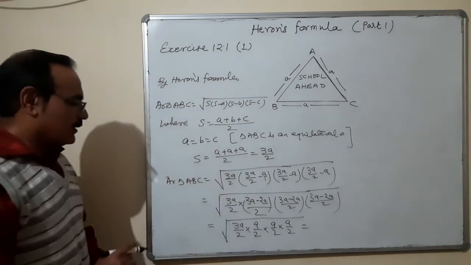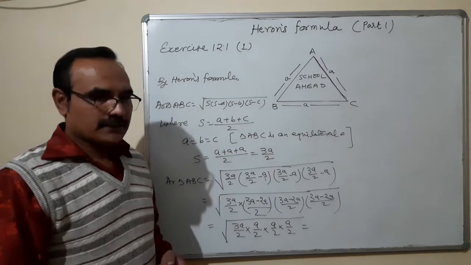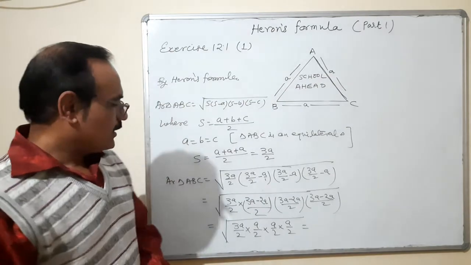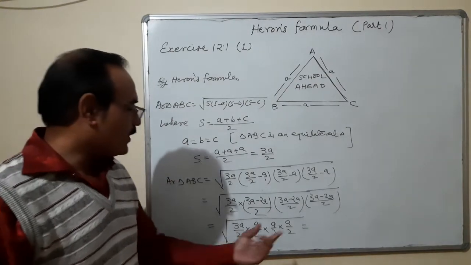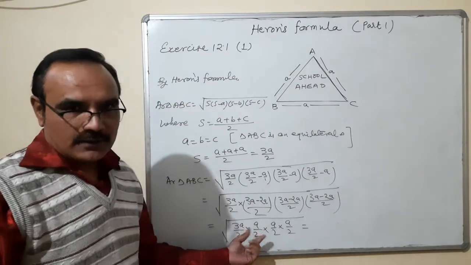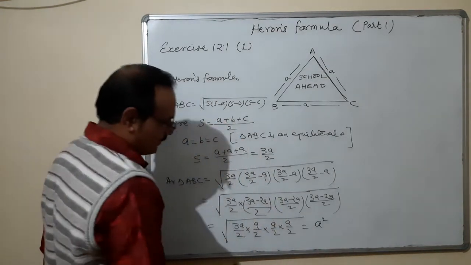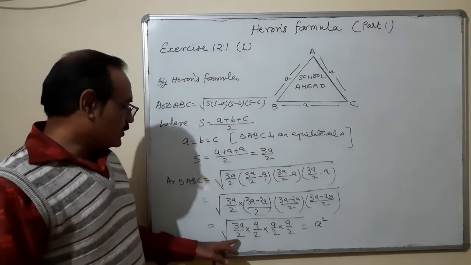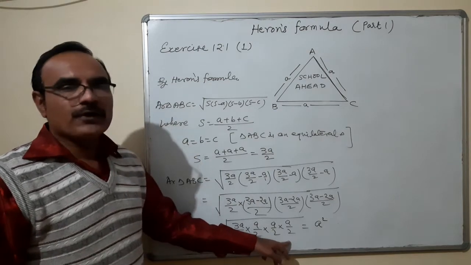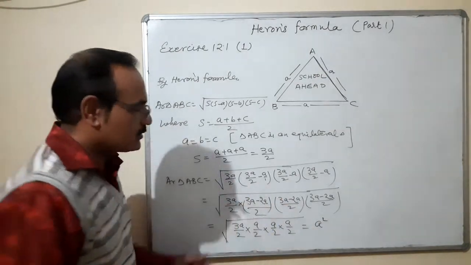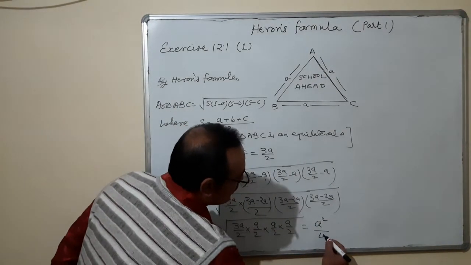After that, now we'll see how many pairs are there. A is coming 4 times. That means 2 pairs are formed. One pair is this, second pair is here. So A into A, A square, I am writing outside. In the denominator, 2 is coming 1, 2, 3, 4 times. There are 2 pairs. One pair is here, one pair is here. So that means 2 and 2, 4 is coming out.